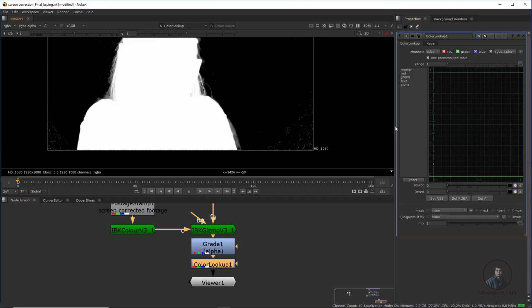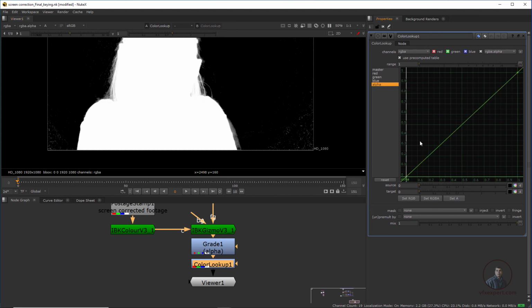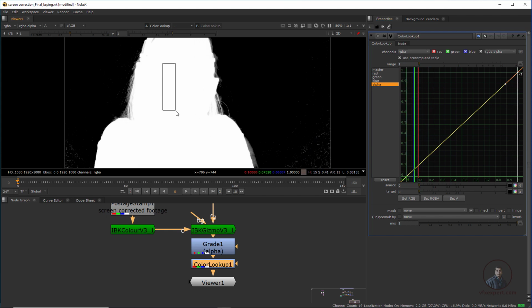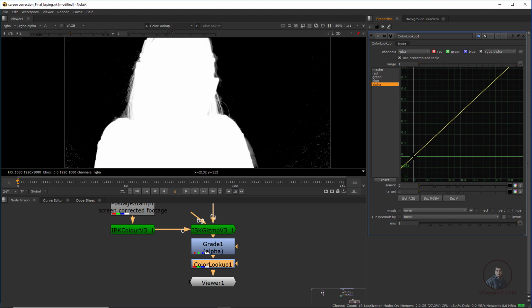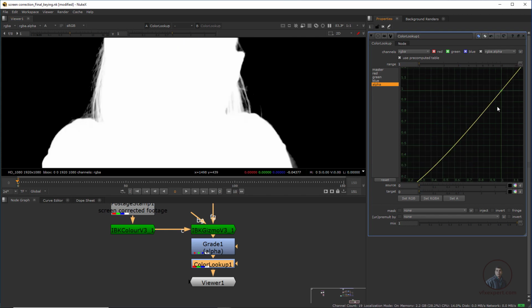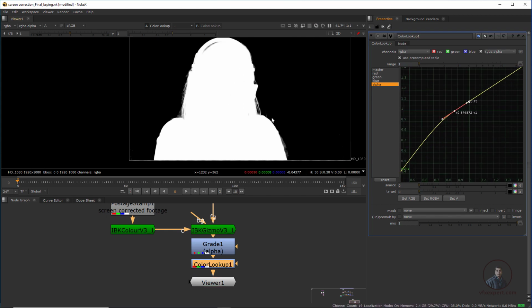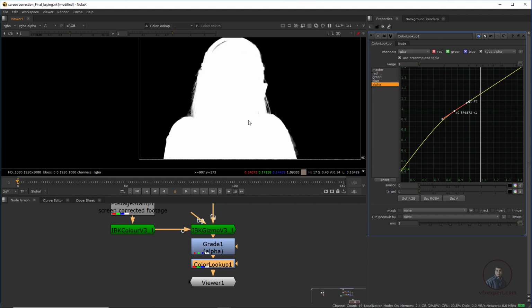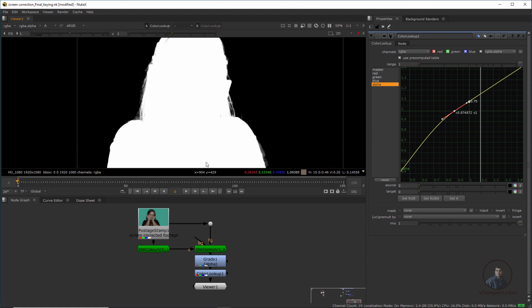So for this, I am going to adjust alpha from here, then select this alpha, and from here you can adjust. If you adjust this point, it will adjust the black value, and if you adjust this one, it will adjust our white matte, or you can see our core matte here. Just a little bit I am going to adjust this black here. So here I have adjusted. If you want, you can also create a core matte for this one, but this is sufficient for us.